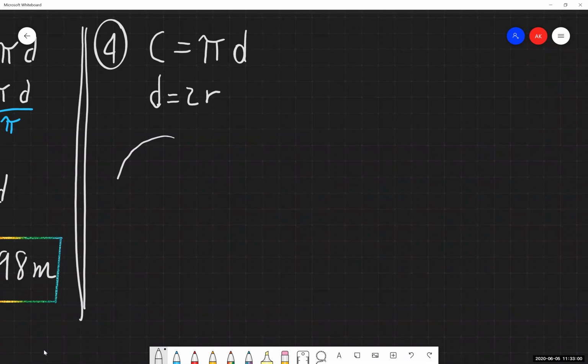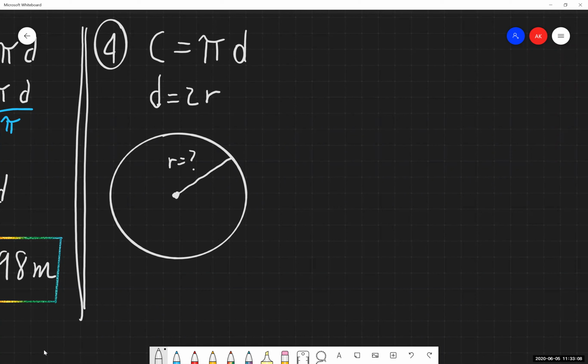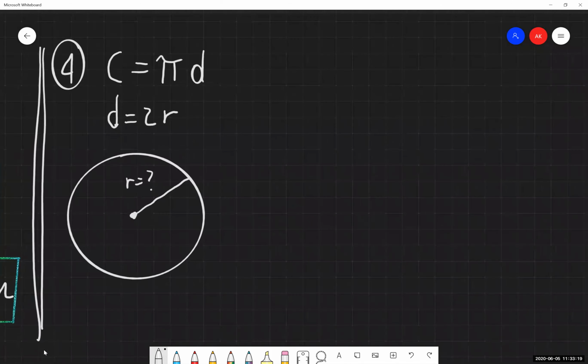So we want to draw that circle. We are trying to find the radius. It's our unknown. So we have been given a circumference of 20.72 yards. Just writing down the information that we know, and plugging in what we are looking for from there. So I'm plugging that 20.72 in for the circumference.